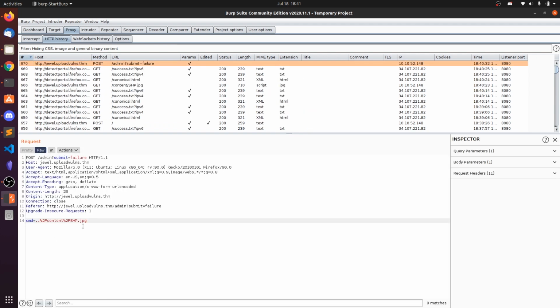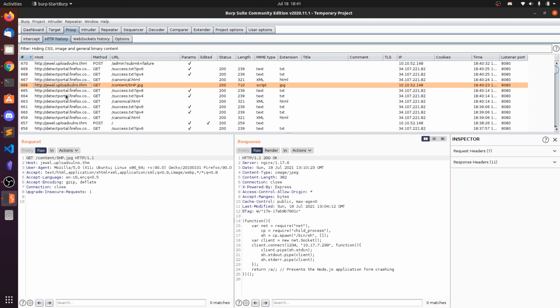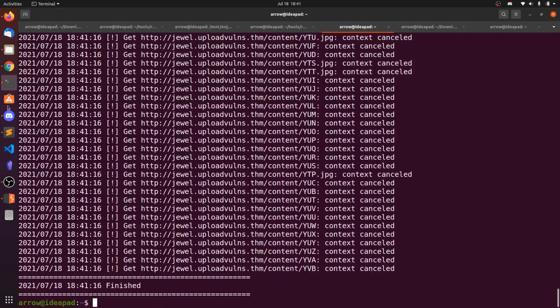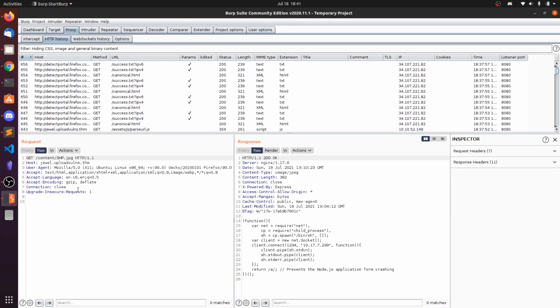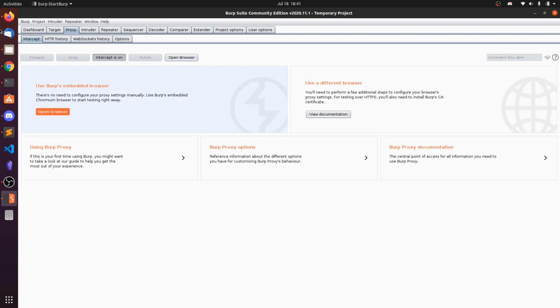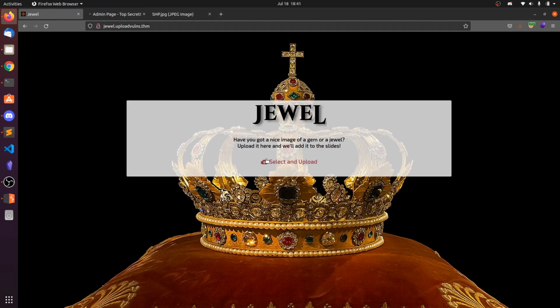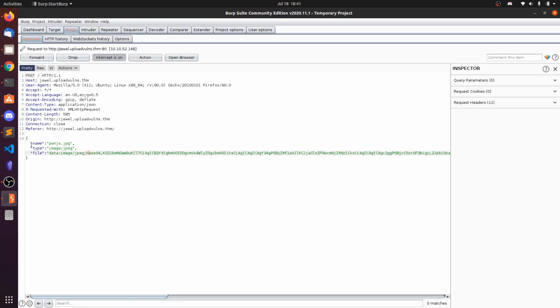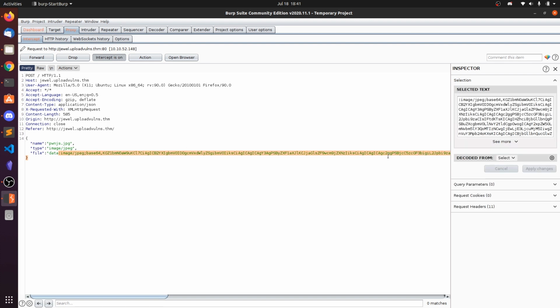So I have built this JSON name type file, but at this file type I don't know what it's using.